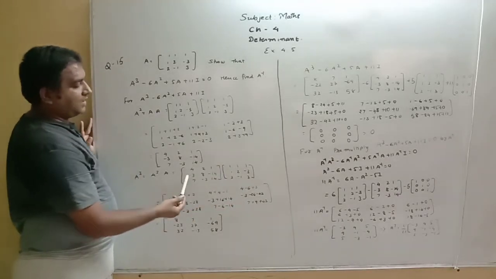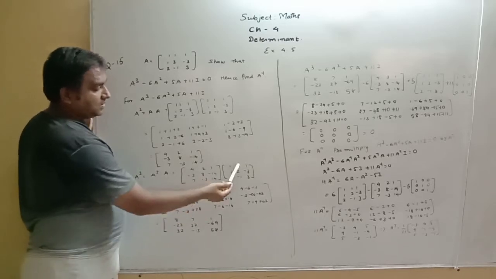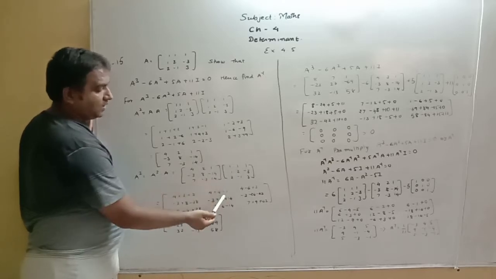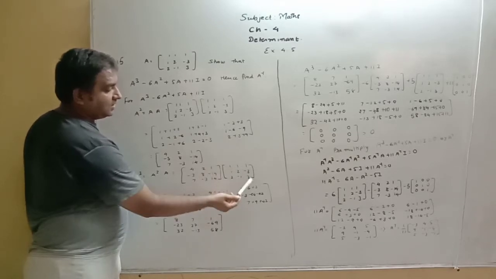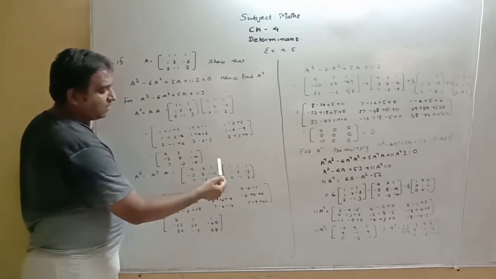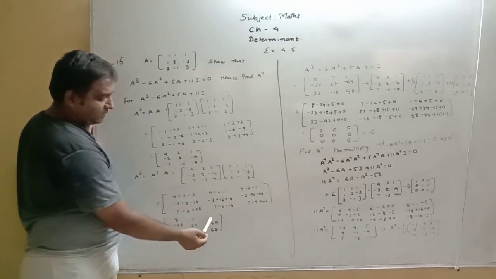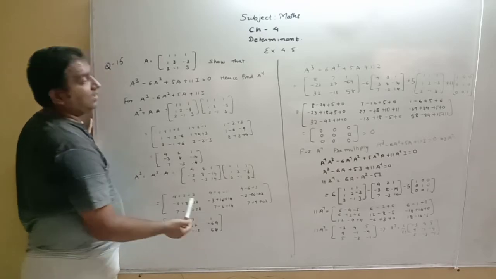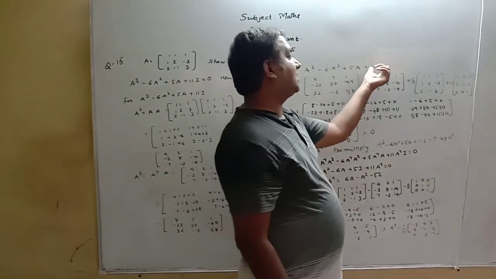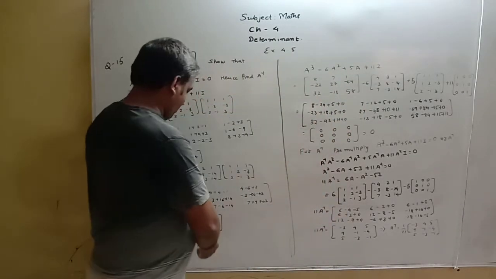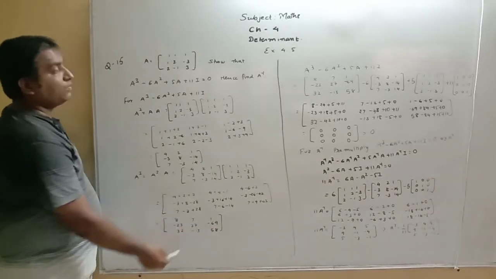Again matrix multiplication: 4 1s are 4, 2 1s are 2 and 2 1s are 2. 4 1s are 4, 2 2s are 4 and 1 into minus 1 is minus 1. 4 1s are 4, 2 3s are 6 and 1 3s are 3. Like this way we add rows and columns, then we get A cube: 8 7 1, minus 23 27 minus 69, 32 minus 58. Now to calculate A cube minus 6A square plus 5A plus 11I, we substitute the A cube value from here.